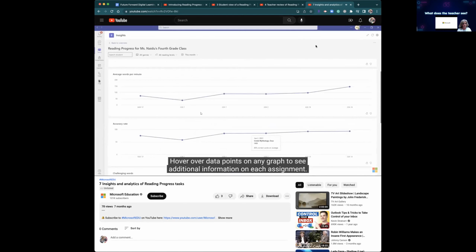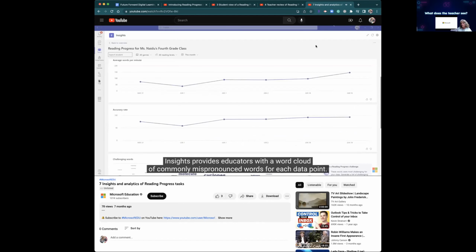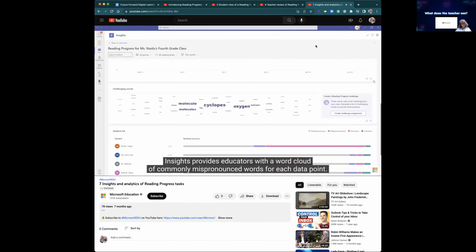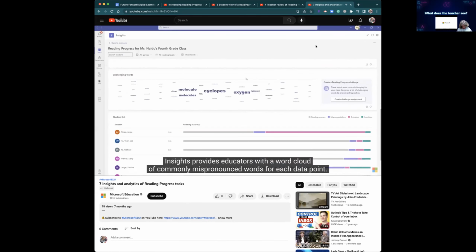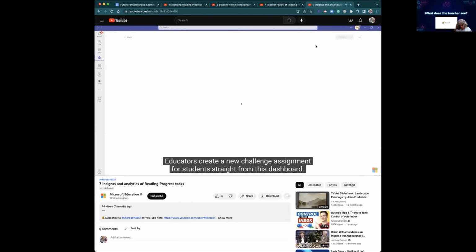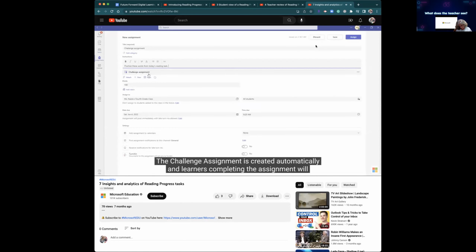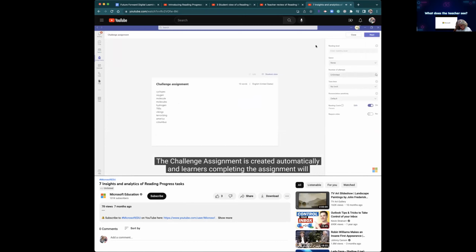Hover over data points on any graph to see additional information on each assignment. Insights provides educators with a word cloud of commonly mispronounced words for each data point. The bigger the word appears in the word cloud, the more mispronunciations were found. Hovering over each word displays how many times each word is mispronounced. Educators create a new challenge assignment for students straight from this dashboard. The challenge assignment is created automatically, and learners completing the assignment will practice the selected challenge words through the reading